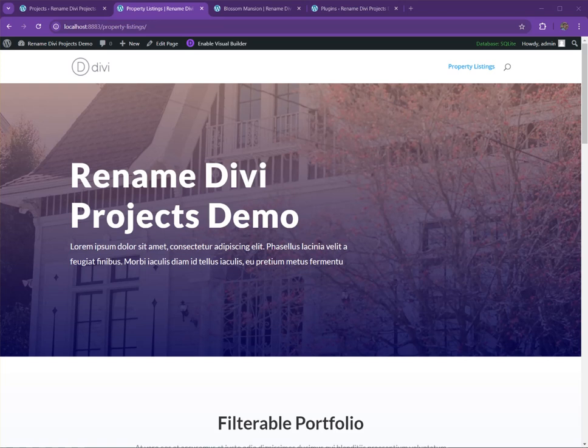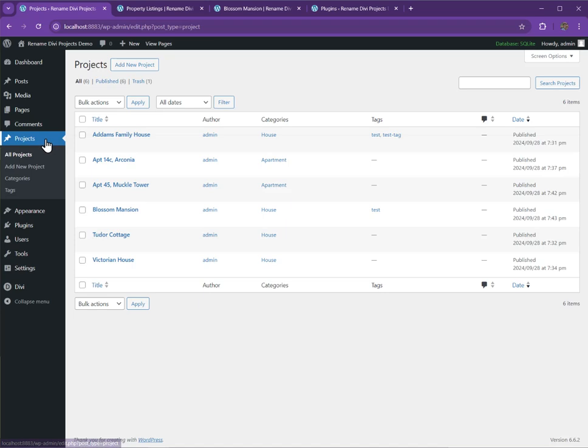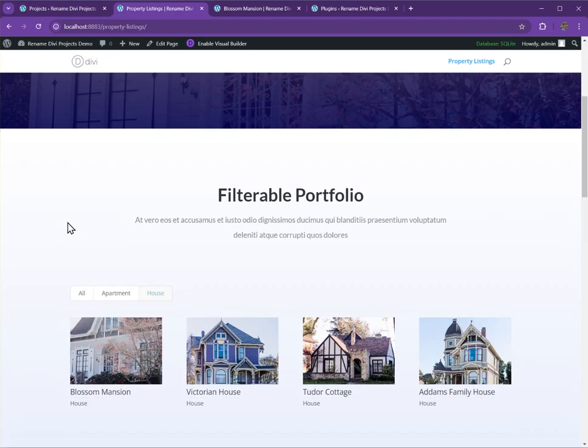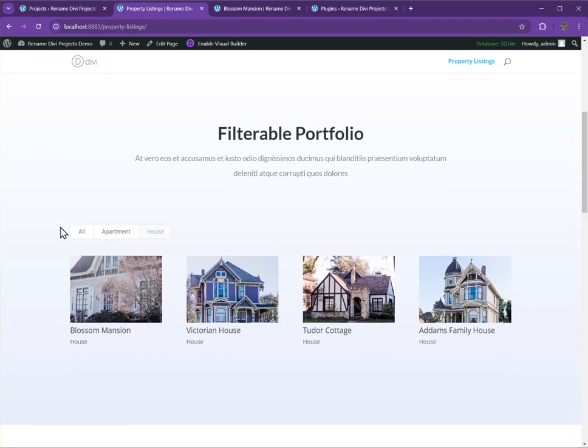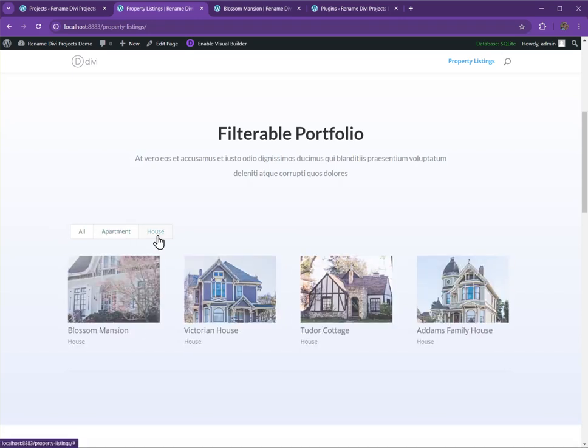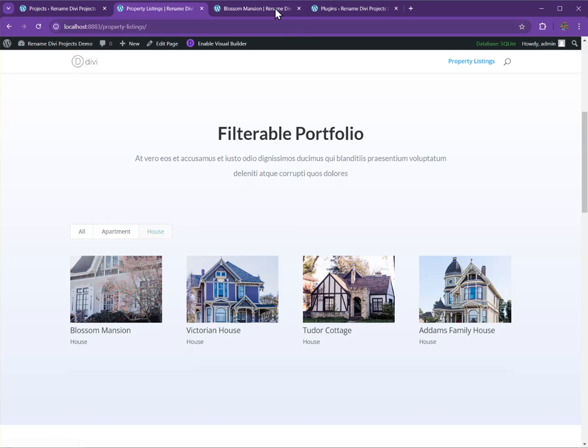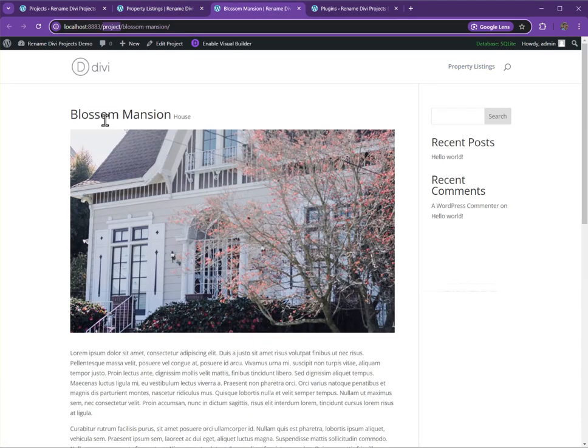So as an example, I'm building a website here that is showcasing properties for let. And I want to use the projects custom post type to store each property. And I want to use the project's filterable portfolio module to display all the properties and allow the user to filter by property type. But it makes no semantic sense for the URL to be called